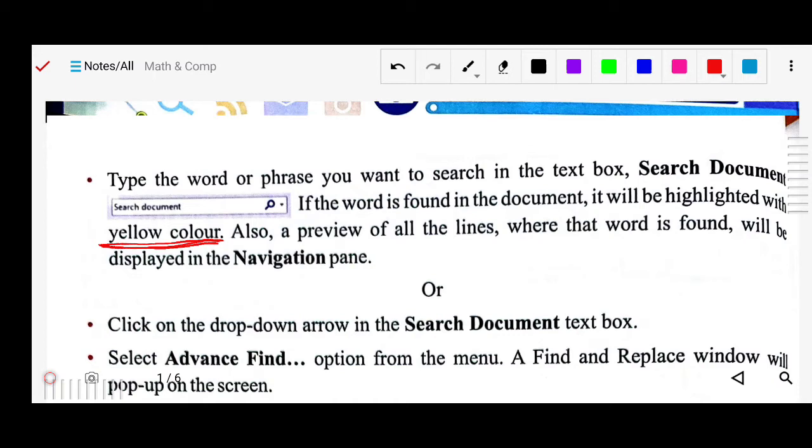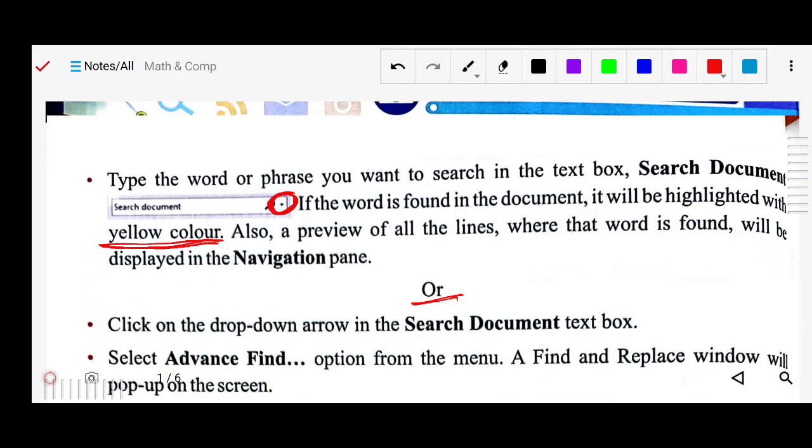Now, another method: click on the drop down arrow in the search document text box. Here you will get some more options, for example if whatever text you found, you want to replace it.